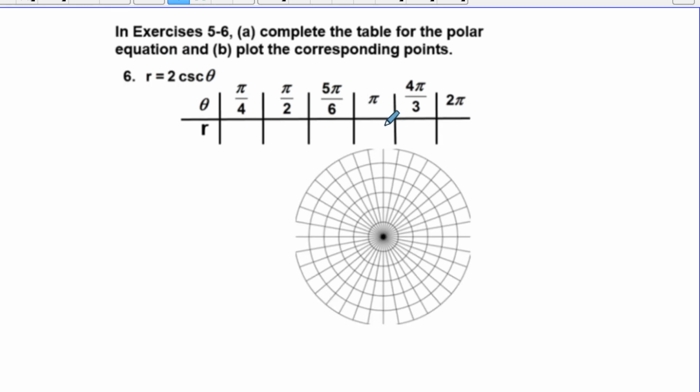Now, one thing that could be helpful to do sometimes, if you have trouble with radians, is you can quickly change these things into degrees. So pi over 4 is like 45 degrees. Pi over 2 is 90 degrees. 5 pi over 6 is 150 degrees. Pi is 180 degrees. 4 pi over 3, let's see, that's going to be